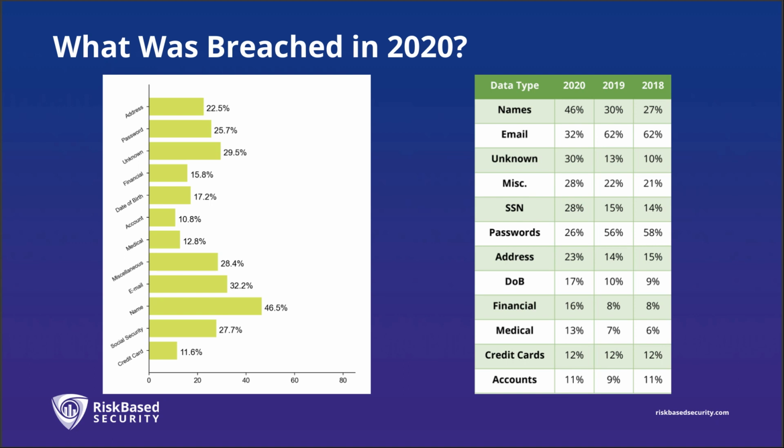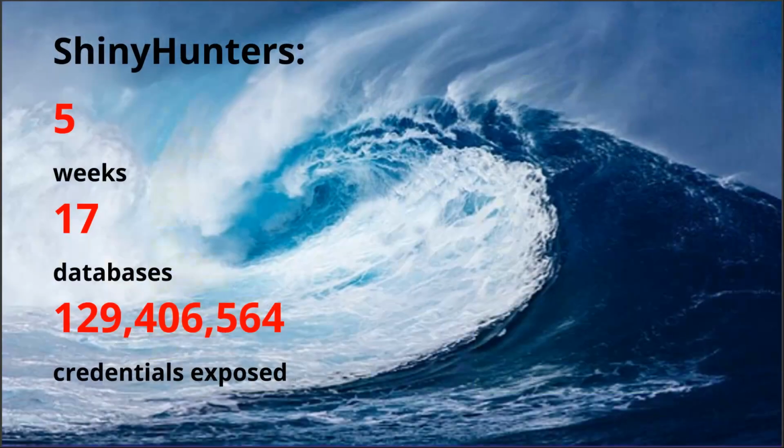Another change that I think might catch folks' attention is if you look at access credentials here, with username and email address combinations. If you look at that table on the right, you can see that in the past couple of years those numbers were pretty high. The access credentials were exposed in anywhere from 50 to 60% of the data breaches that we were tracking. Now, a part of that was due to some of those large collections that came out in prior years, and we didn't see that type of activity happening again in 2020. But that's not to say that this type of information isn't still incredibly valuable to attackers.